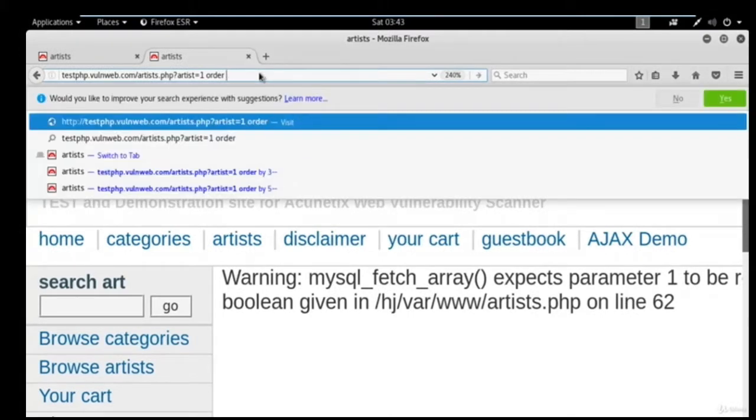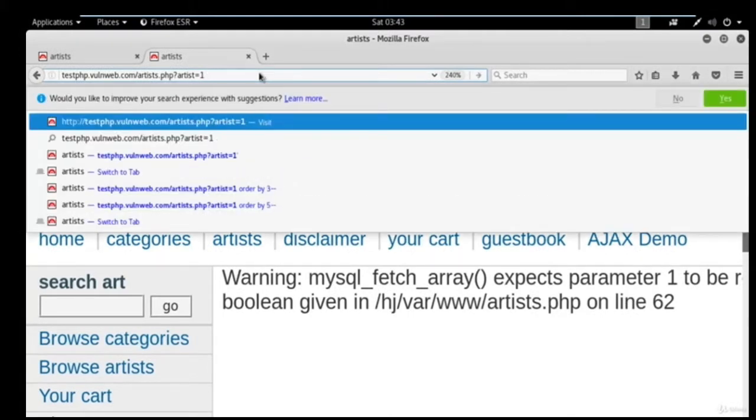Let me remove everything. Now the task is to find the table names. We don't need to find the database here, right? Because we can directly find a table name here and then column names and then the data. So how can we find the table name without using any tool? Do one thing, let me show you what command you can use. So you can simply type here